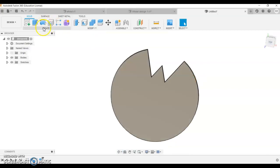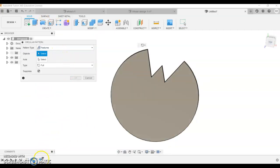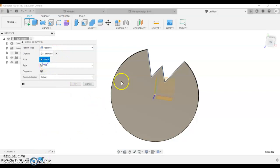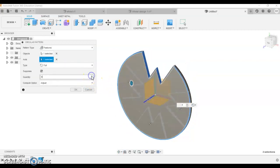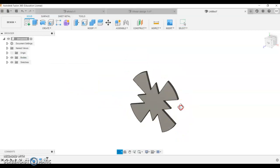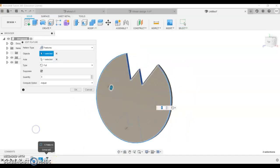So I've cut that one out. I'm going to come back down to my circular pattern. I select my feature, which is that one, and select my axis, which is the outside, and I can make, let's say, 4 of them, see what that looks like. If we want to go back in here and maybe do 3,